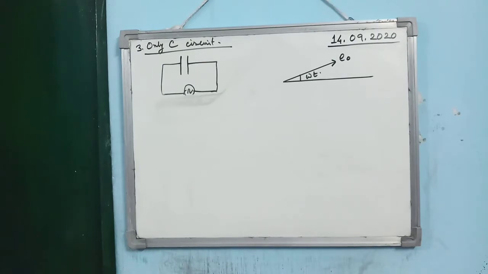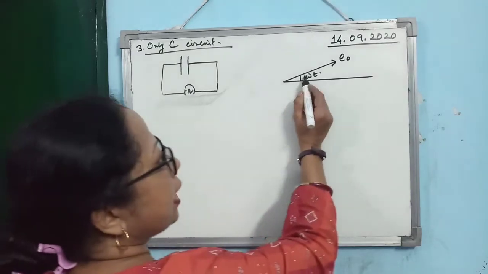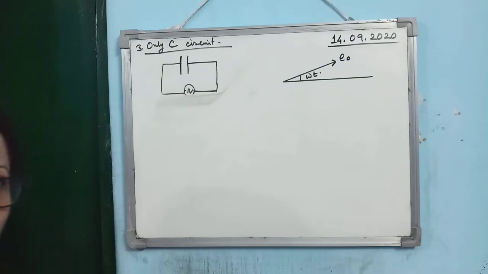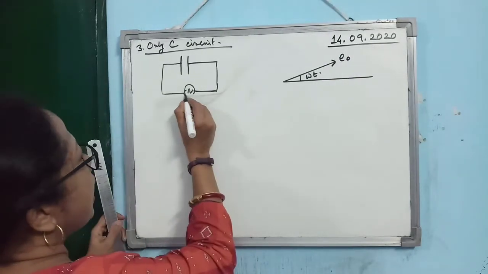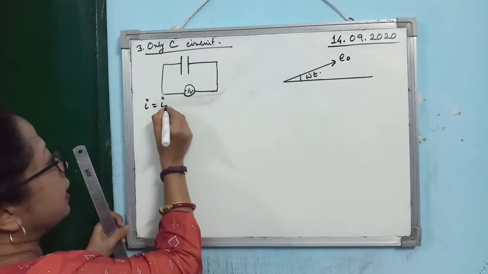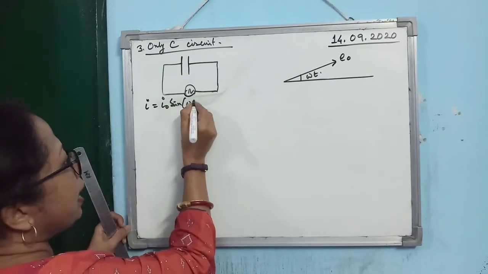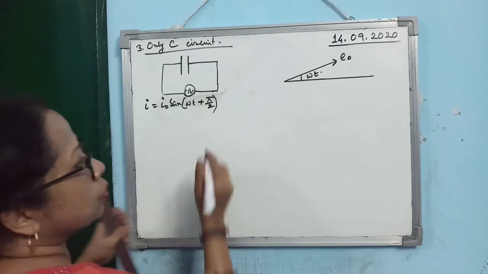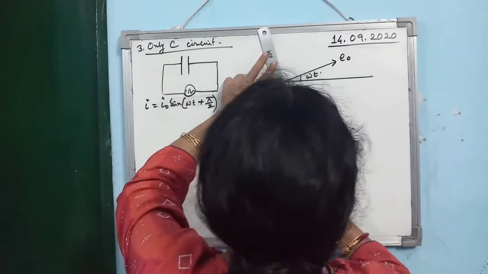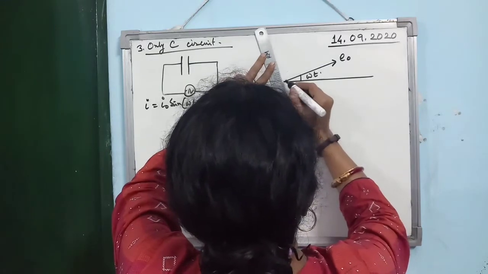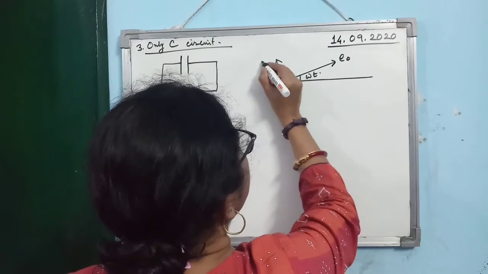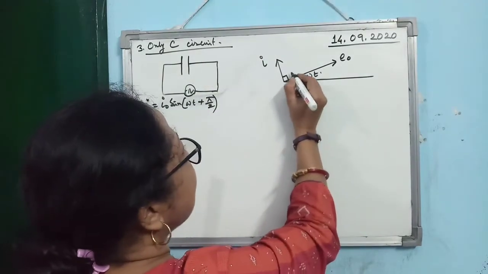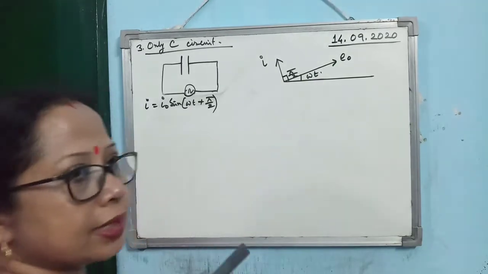Now you see, for the phasor diagram, how to draw again. First of all, with the reference line, you draw a rotating vector making an angle omega t. So that will represent E0. Now you see, what is I here? I is leading the EMF by an angle pi by 2. Alright. So here, you draw a perpendicular to E0, but I will be ahead of E0. Okay, so here you see I is making an angle pi by 2 with E0.